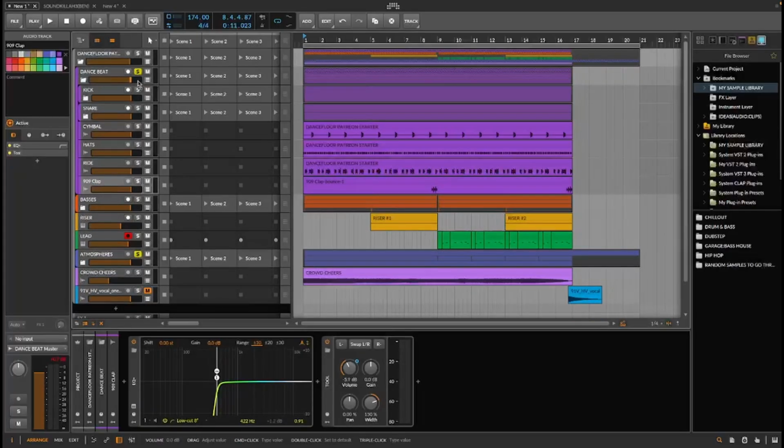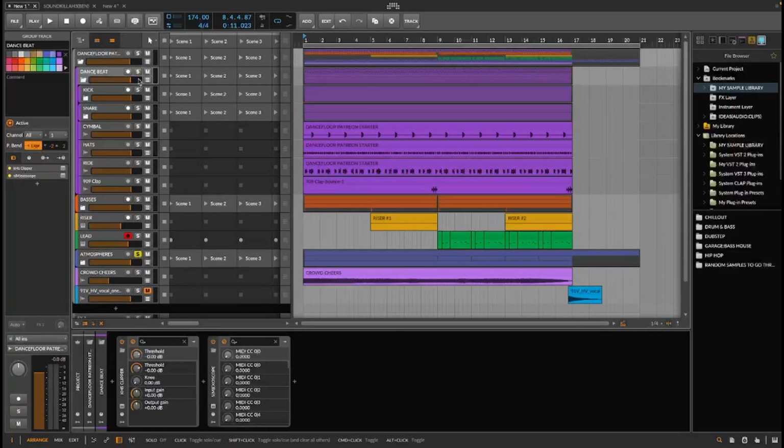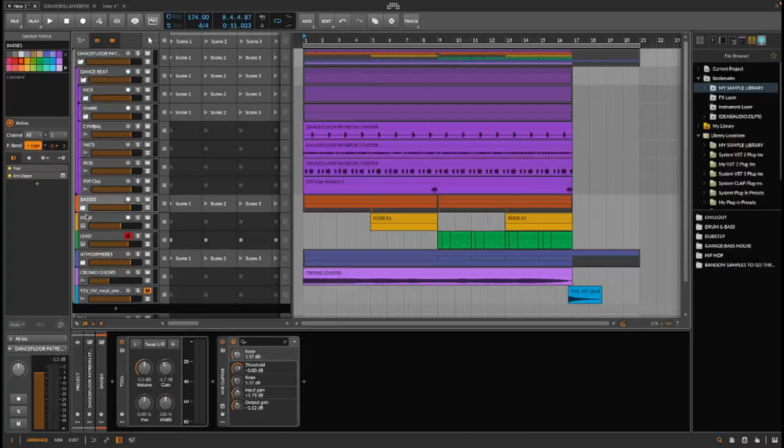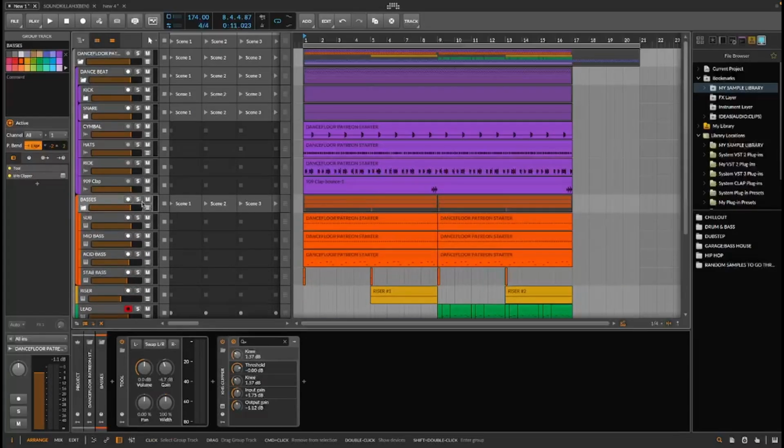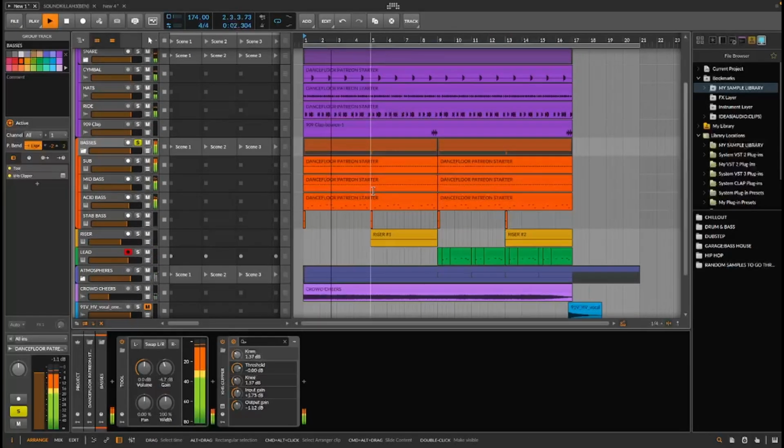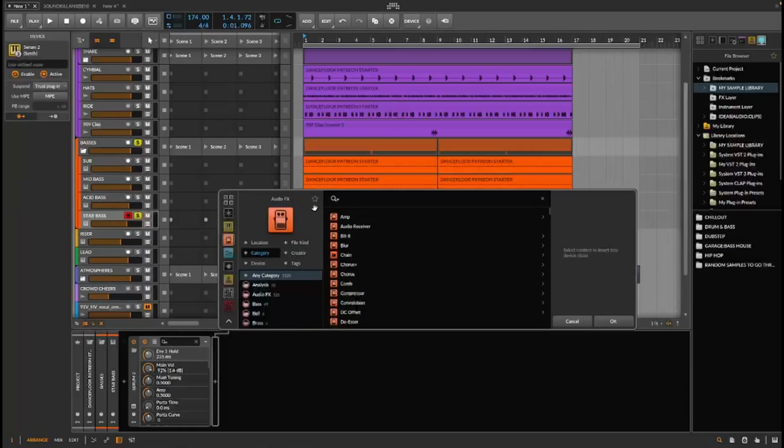What else could we do with it? Let's go to some other sort of sound and see what we can get out of another sound. Let's try it on one of the bass sounds. So here we've got a whole load of bass things. Let's put these together and we get like. Okay, so maybe go for the stab. That's all it is. But if we go and put a Temperance on this,